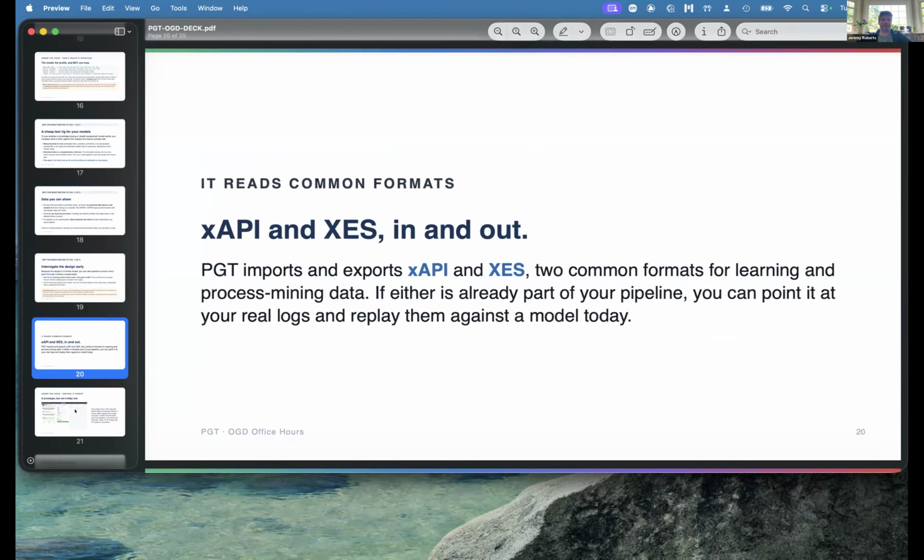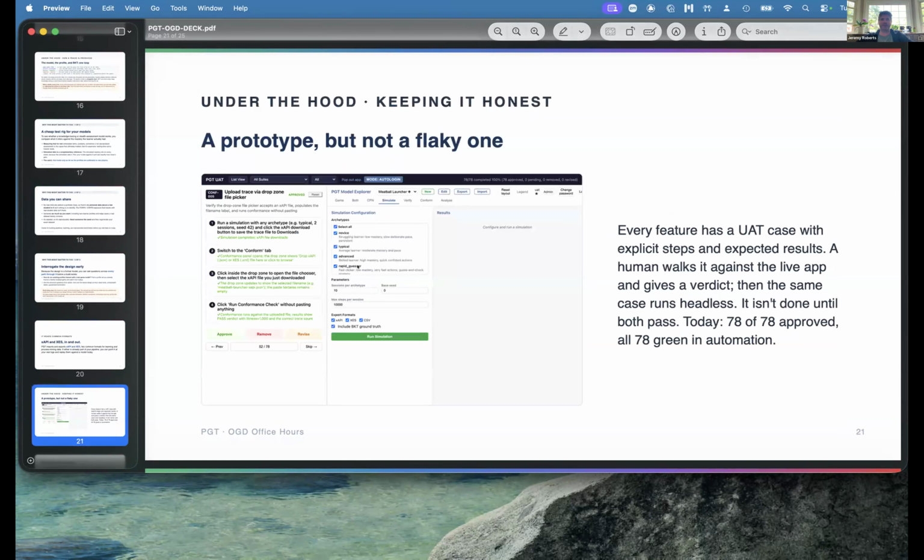Input, output. And then finally, this is an aside, but there's a UAT suite where every bit of the user interface is spec'd out step by step, exercisable, and a human can go through the test suite and conduct these steps. And if it looks good, they can certify it as, yes, this test passes. And then once a test passes, it gets added to an automated test suite that can run headless against the actual application using automations.